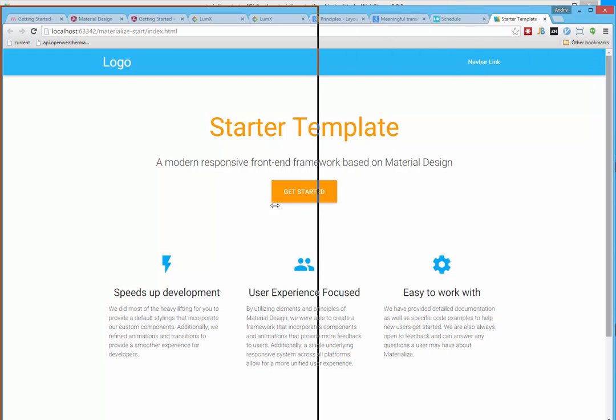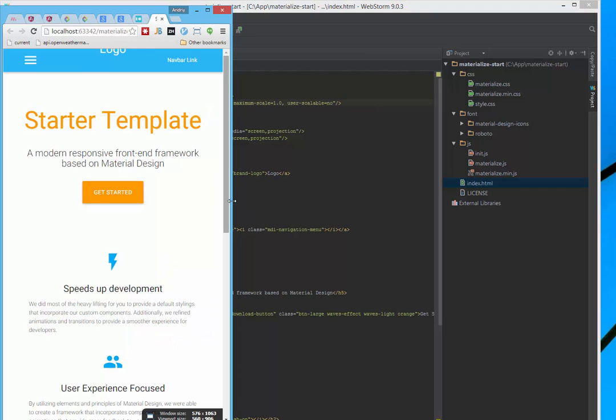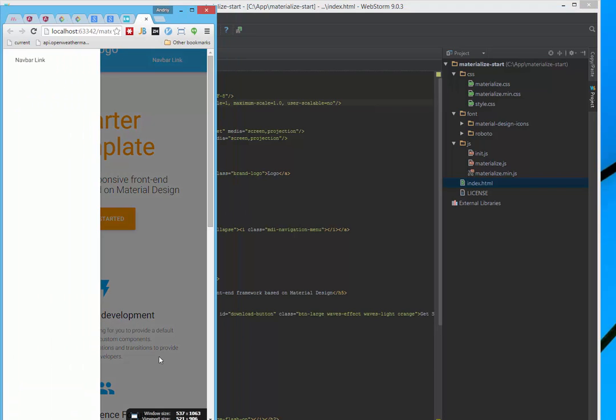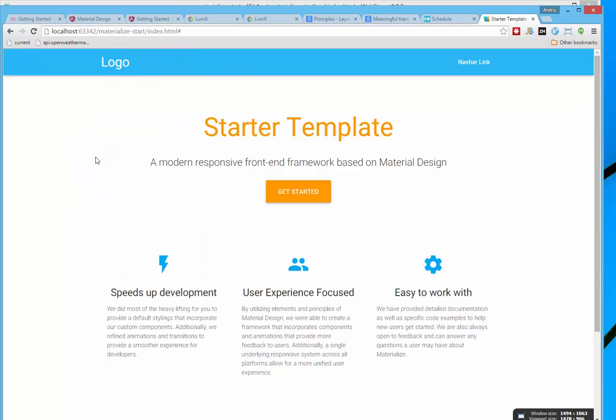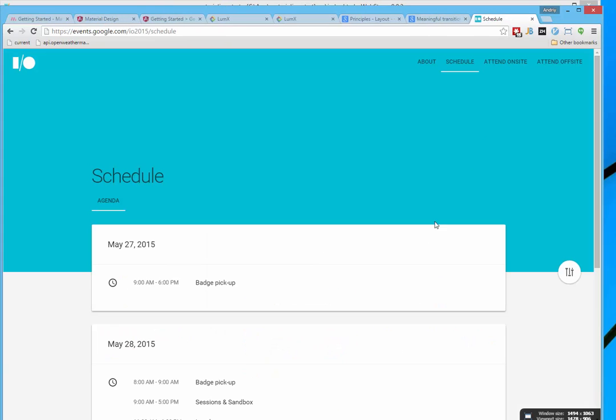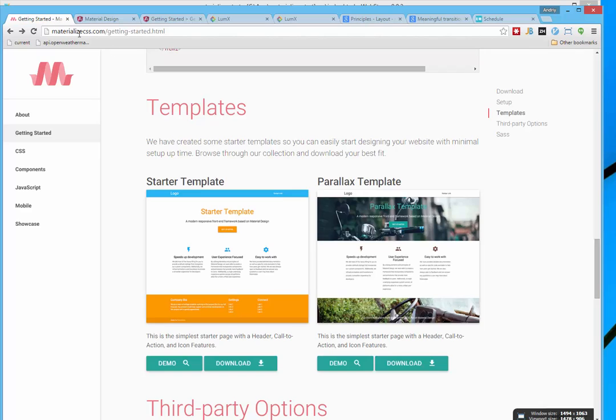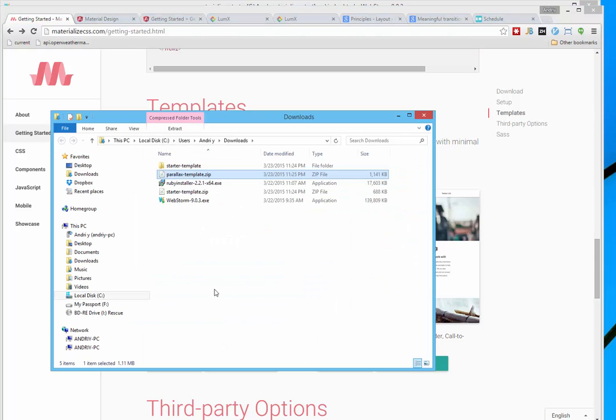It's responsive, and it's a good start for your future project implementing Angular material design. And that's about the Materialize starter template. And if you prefer the Parallax effect, we download Parallax,